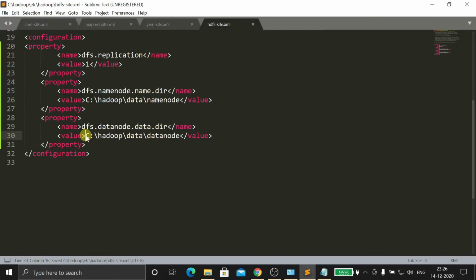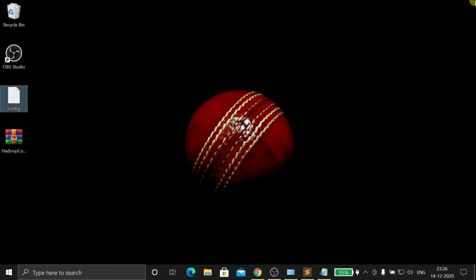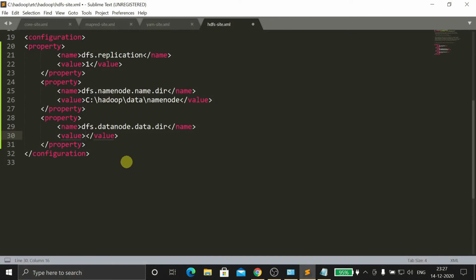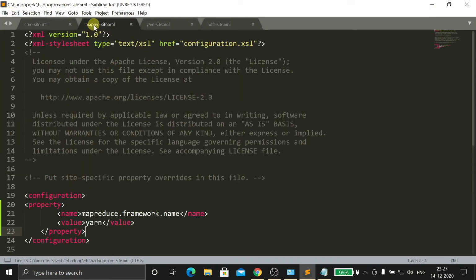Now data node, delete, just minimize this, go back to data node, open, Control X, minimize, open this and paste here. Check carefully that all the files have been saved.